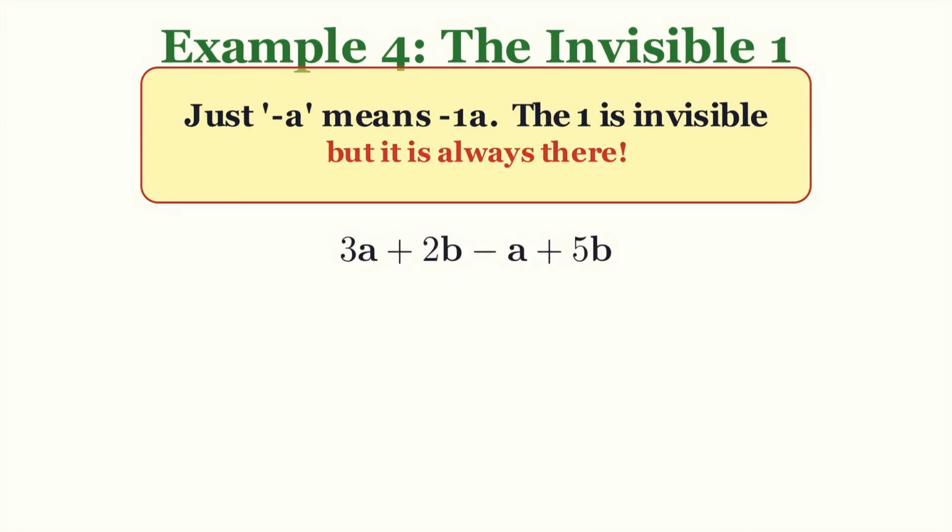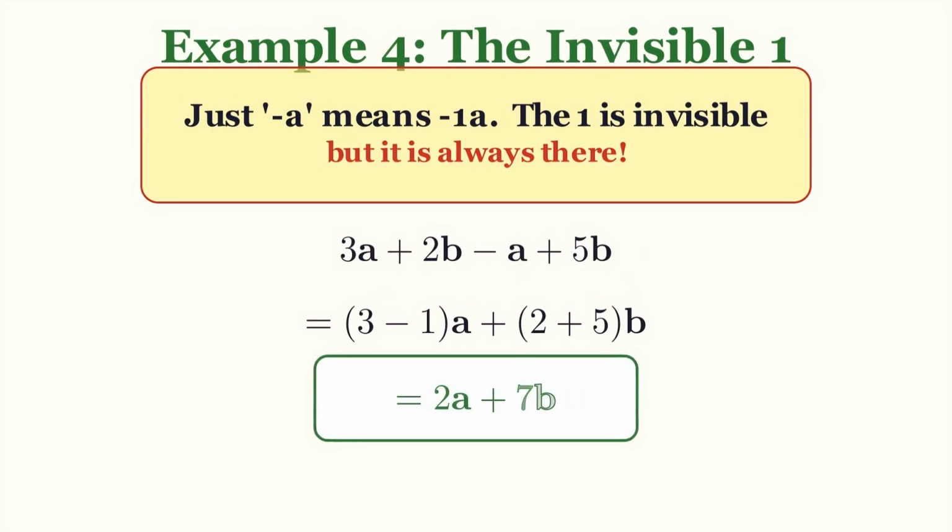Three a plus 2b minus a plus 5b. That lonely minus a? Remember, it's secretly minus 1a. The invisible one strikes again, so it's 2a plus 7b. This invisible one is the number one beginner trap. Now it'll never get you. That's identifying and combining. In part 2,